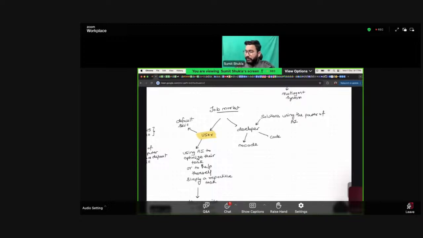So let's say I have a website, booking.com, and in this website, if I go and use the chatbot, this chatbot is that powerful agentic system where I simply write my query,